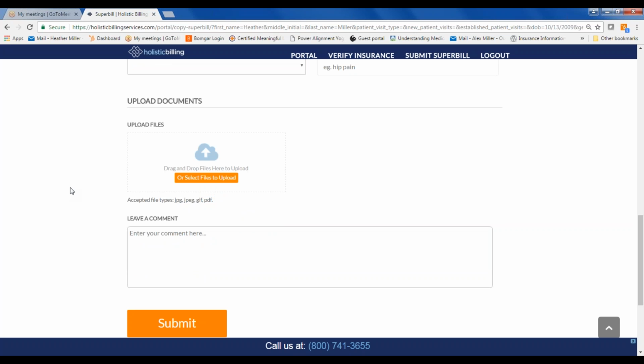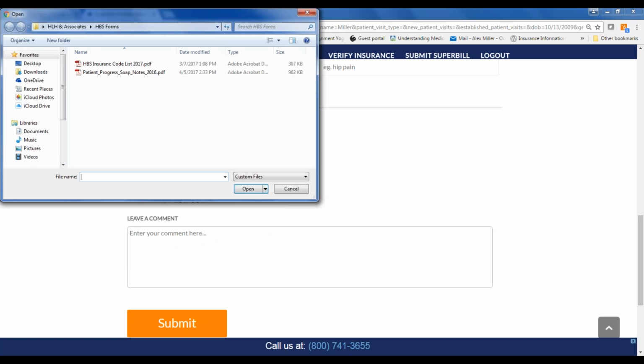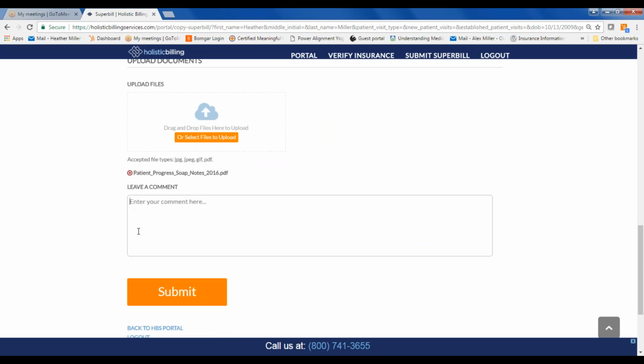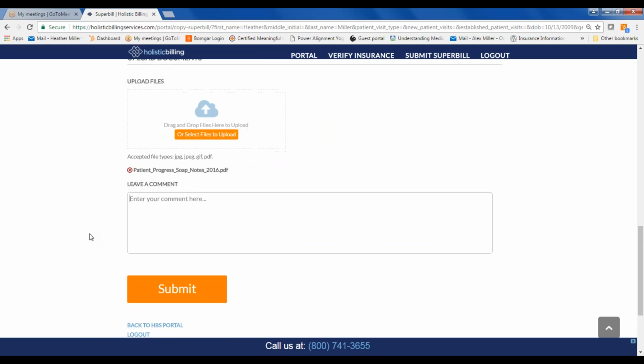Some payers may require you to provide a copy of the SOAP note for the actual date of service you are billing for. You can do this in the Upload Files area where you will click the orange button to select a file from your computer, double click it, and it will add this attachment to the Superbill before it is submitted to HBS. If you have additional comments, you may enter them here, and then you will click the